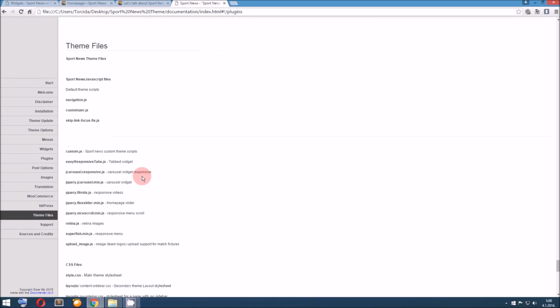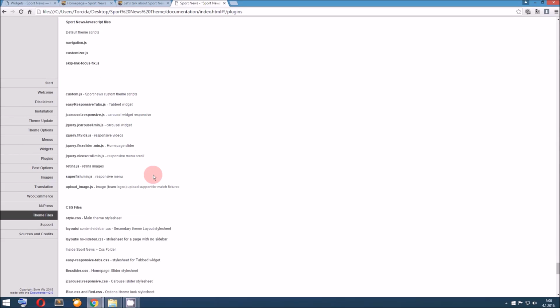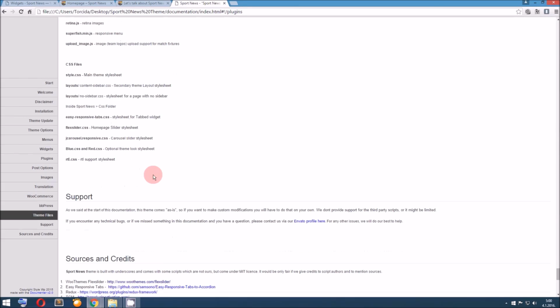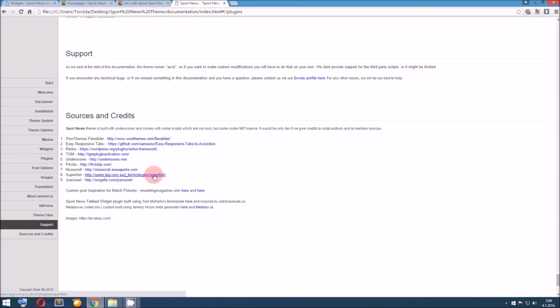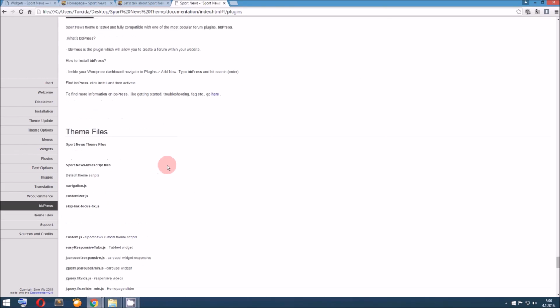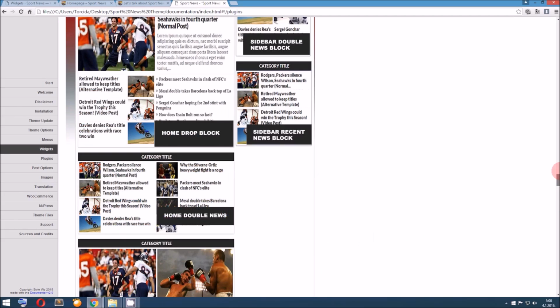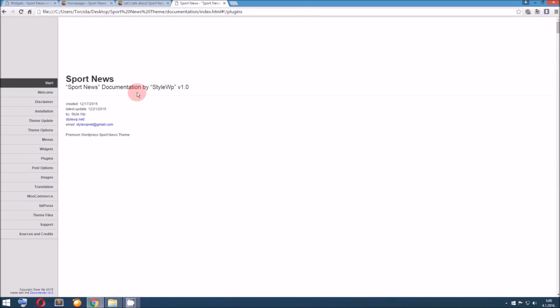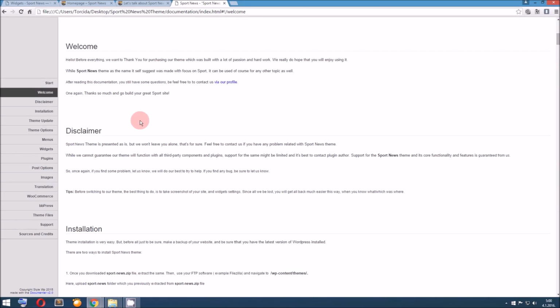Theme files, just names of files which we add to our theme. Support. Those guys deserve all credits. And that's it. So let's come back to the beginning, to welcome,